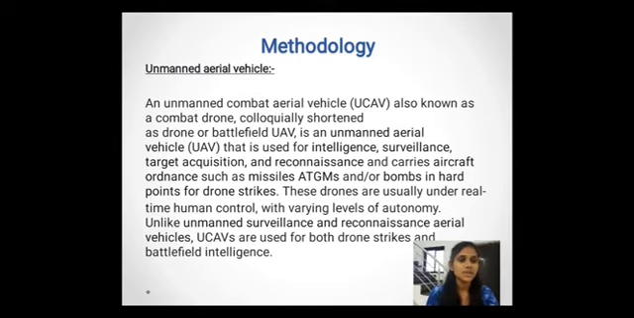Next point is the methodology. In methodology, we learn about unmanned aerial vehicles. The unmanned combat aerial vehicle, UCAV, also known as a combat drone, is commonly shortened to drone or battlefield UAV. It is an unmanned aerial vehicle used for intelligence, surveillance, target acquisition, or